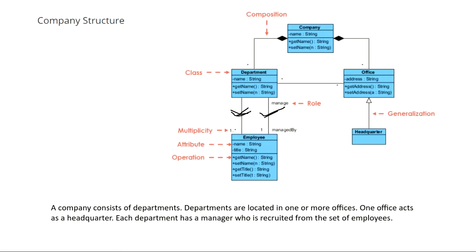One, you have to read from here to here: that department has one or more than one employee. And if you are reading this other association link, you will read it as: that department is managed by one employee. Means there is a manager in the department who is from the employees. This is what is meant by this.